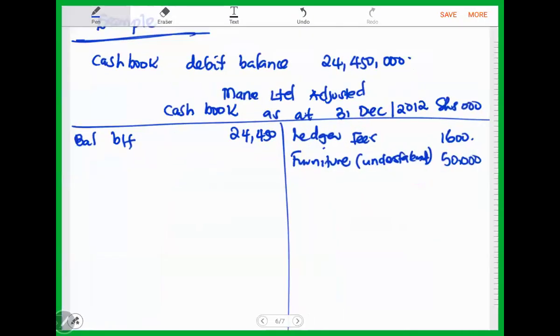So we are saying that a check for shillings 64.5 for new furniture had been mistakenly entered in the cash book and in the furniture account as 14.5, meaning that there was an understatement. Instead of showing that you paid out 64.5, you only showed that you paid 14.5. So we go ahead and remove the balance as well to make it